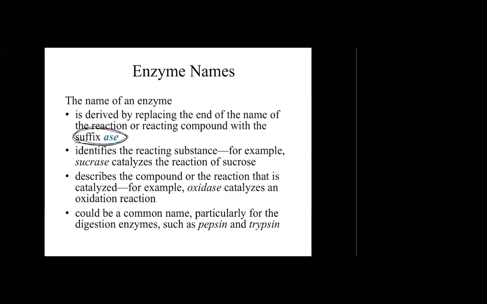Now, there are common names for enzymes, and those common names are just assigned by the people that discover them, but it doesn't give us a specific idea of what the enzyme does. You just basically memorize what they do. So for example, pepsin and trypsin, which are enzymes that are involved in the hydrolysis of amide bonds in proteins, you just have to know that that's what they do, because the name doesn't give us an idea of, like, oh, this is the specific reaction that they catalyze.